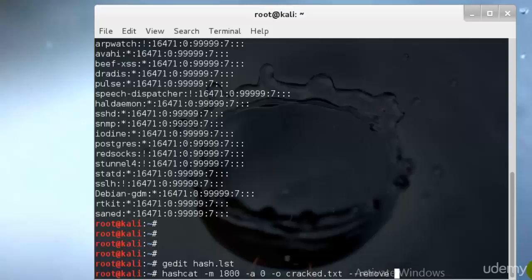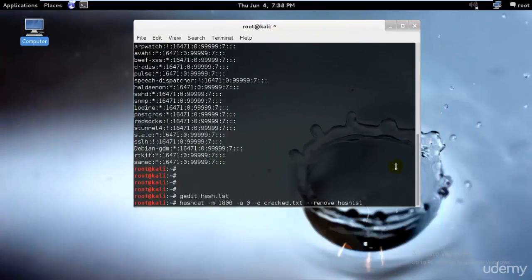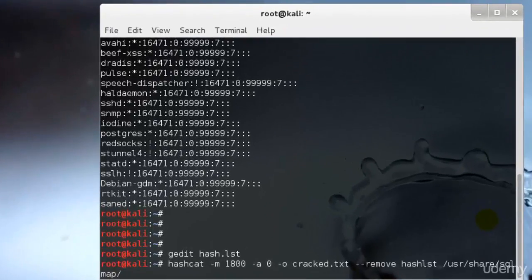remove /st. I'll just go ahead and move it over here so that it will be clear for you to see. st, and I'll type /usr/share/sqlmap/txt/wordlist.txt. Perfect. Over here, before I proceed,